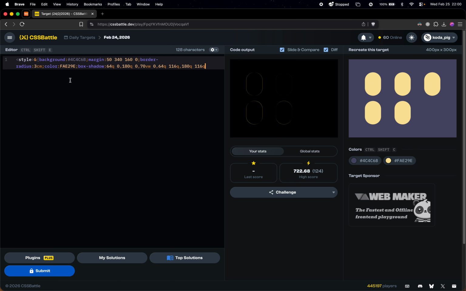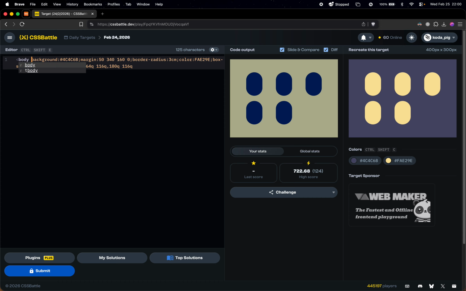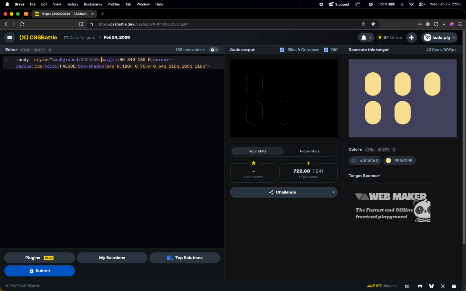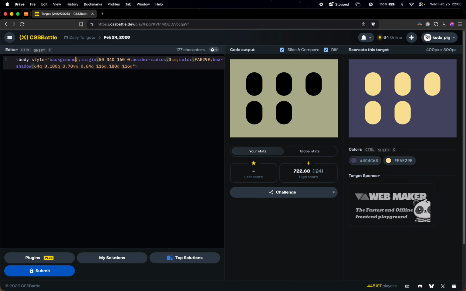So when you've got only one element like this, you can sometimes take out the style rule completely and basically put everything as inline styles on the body element. Normally you wouldn't think this is faster or shorter because you still have to put a style attribute into the HTML, into the element like that. This should give us the same thing. If I just move background over here, yeah, we have the same thing, but this is actually more characters. But there's a few tricks you can do with really old attributes on the body element